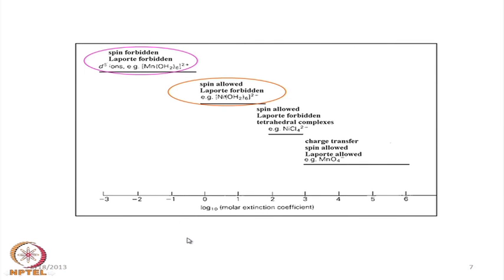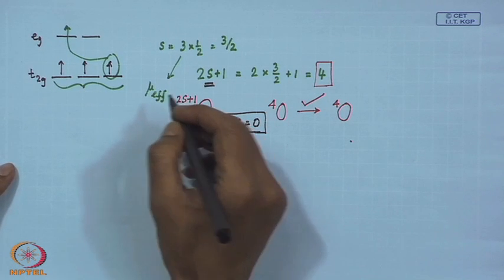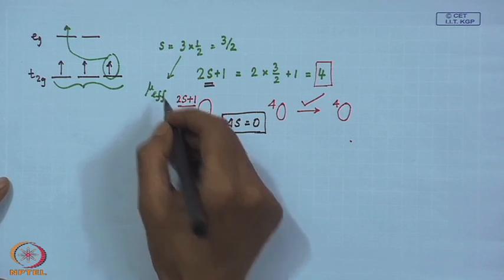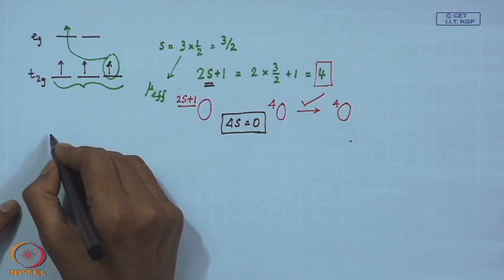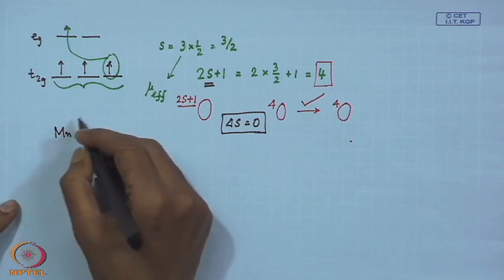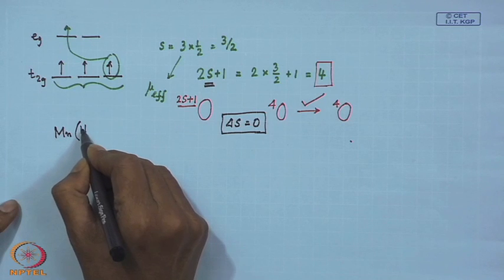So, now we see what type of transitions and the corresponding transition probability can be inferred from the different types of transitions we can have. We have taken 4 examples, and these examples will tell that there are 2 rules. One is related to the spin and another is the Laporte rule, that means whether we have the p-p type or p-d type. So, let us take the example of the simple hexaaqua manganese(II) ion,